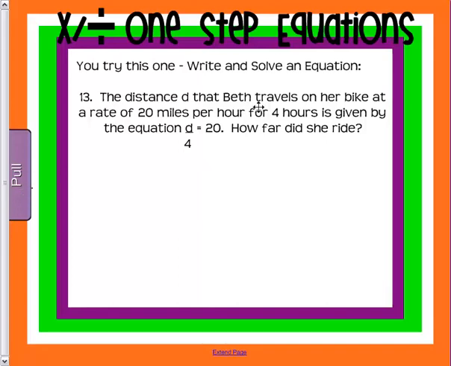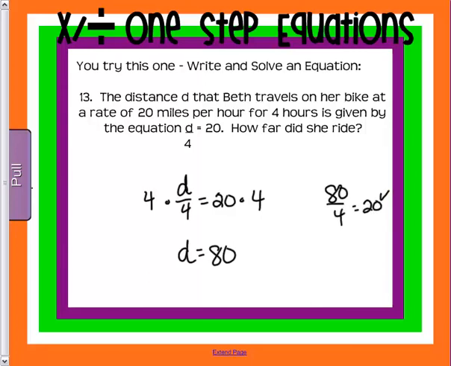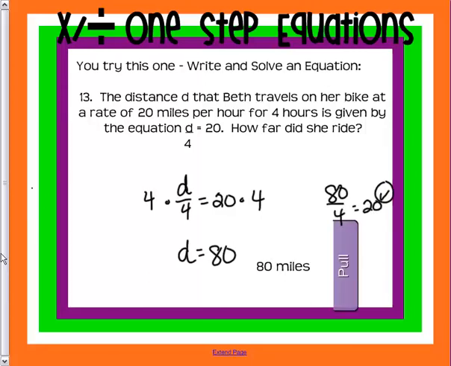The distance T that Beth travels on her bike at a rate of 20 miles per hour would look like this if she traveled for 4 hours. We need to figure out how far she traveled, so we take D and it equals 80. So then we have 80 divided by 4 equals 20 if we check it. Okay, so make sure you have a label there,